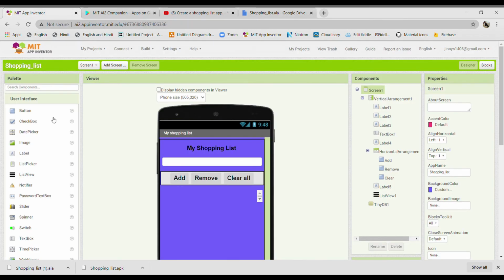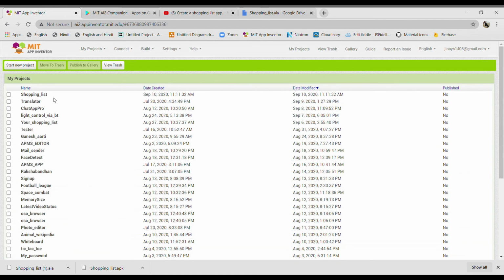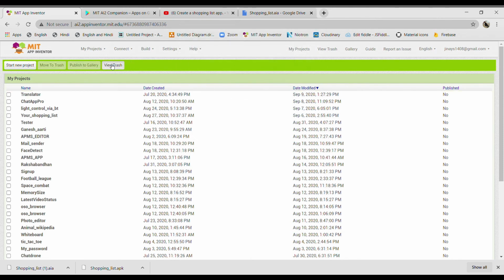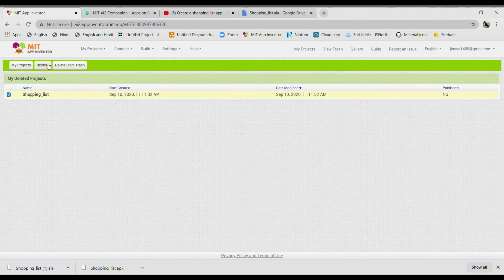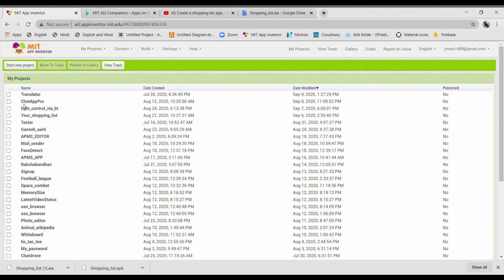I will just go to MIT App Inventor. I already have this app named shopping list, so I will just delete this. I will delete this from trash as well. I will remove this app as well.